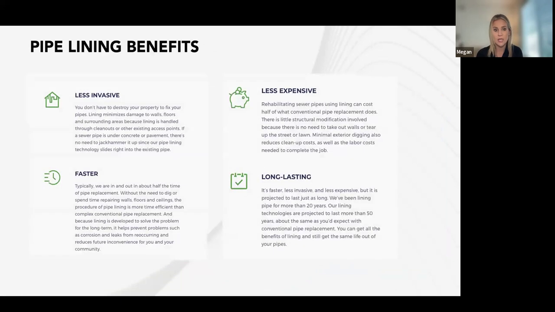So less invasive. These are some of the benefits that you might see with lining. It's less expensive, typically faster. Homeowners can remain in their unit or home while we're doing the work. During the day, we'll have a time period like from 8 to 3 or 4, depending on what we decide with the HOA and what works best for the community.